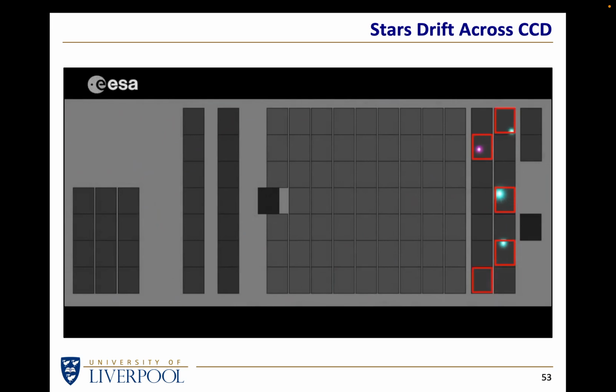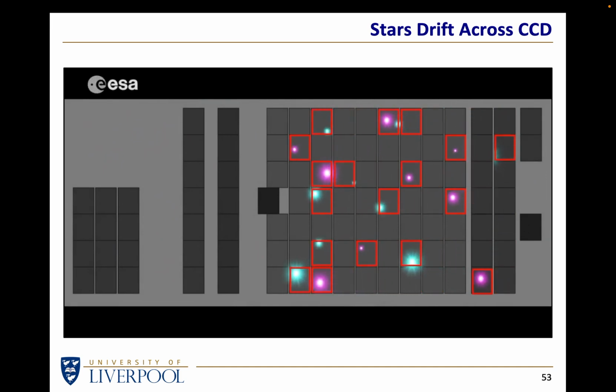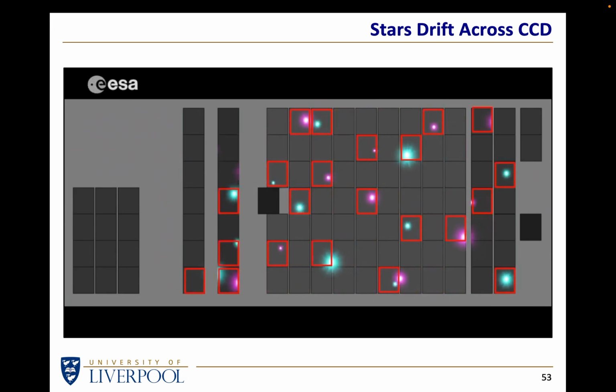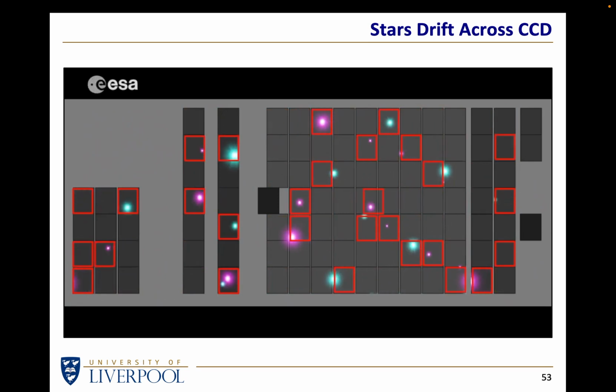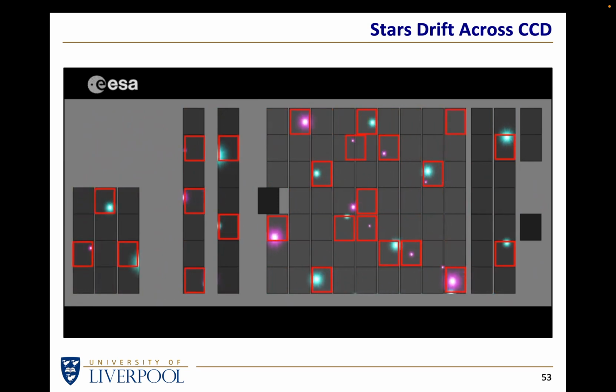This cartoon gives us an idea of what's going on. Loads of stars are going across the detector at any given time, and information is being read out from CCDs all over the array. The difference between this cartoon and reality is that the cartoon shows a couple of dozen stars. In fact, there might be 500,000 stars on the array at any given time, and there will be thousands of stars read out each and every second in terms of the time stamp to within a microsecond, and the brightness of the star, and the color of the star, and the spectrum of the star. Thousands of readings per second,